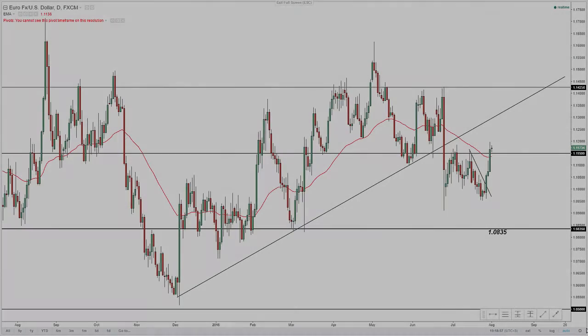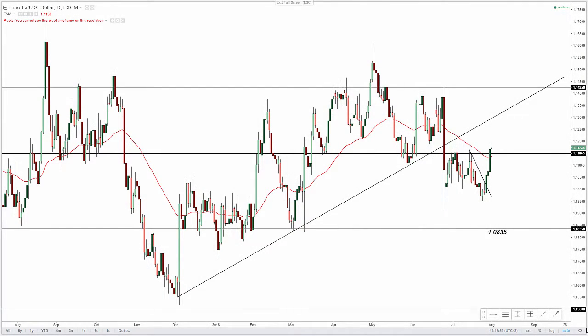Taking a look now at the euro dollar on the daily chart, we can see that last week we had this massive break to the upside once we broke our downward sloping trend line. We didn't really hold support at our 50 EMA and even closed above that 1.1150 area. I'm looking at being very patient on this pair this week, as after this large run up, I'm expecting to